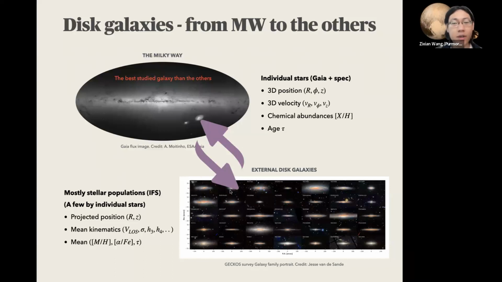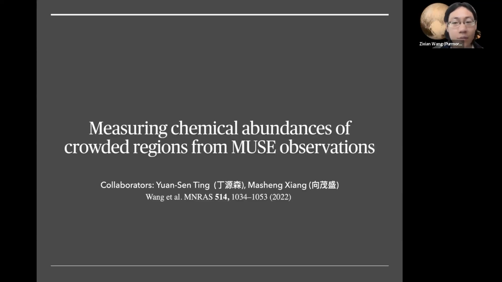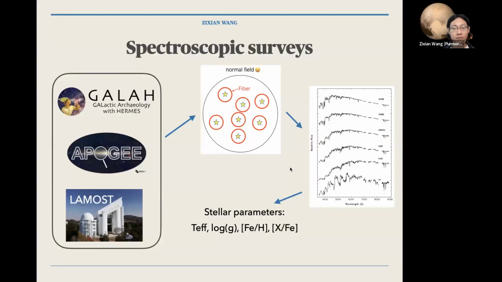For the first work, I will name it measuring chemical abundances of crowded regions. These are regions that I say are specific in the Milky Way, from the MUSE observations. This is in collaboration with Yuan Senting and Mao Sheng. The motivation, why I'm very interested in the crowded regions, is very simple. As we all know, we have so many large spectroscopic surveys on the Milky Way, like Galactic, Apogee, and MUSE, and we can get more than 10 million stellar objects with their parameters. And during the observation,